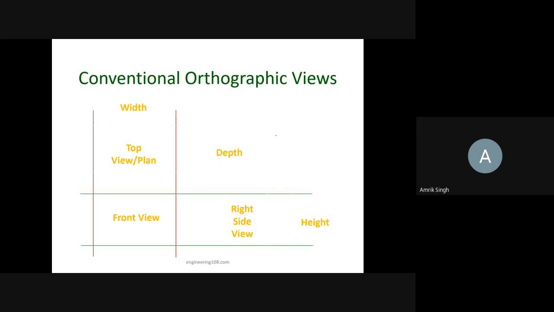The conceptual view is that the front view, and on top of it the top view, which we sometimes also call top plan, and this side will give the depth and the right hand side view will give the height.